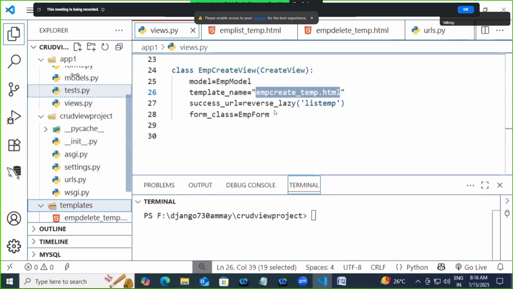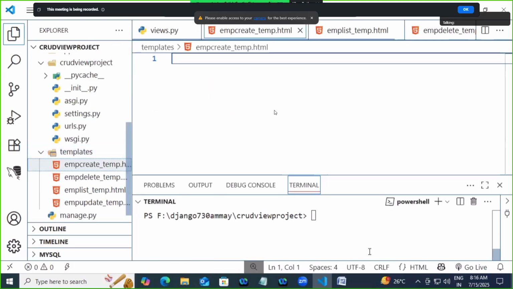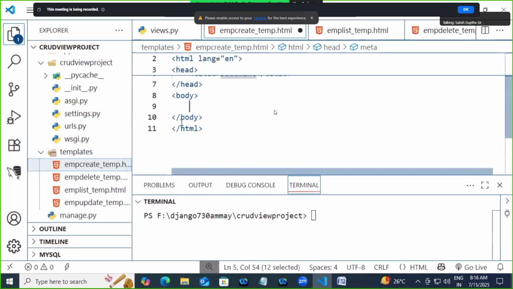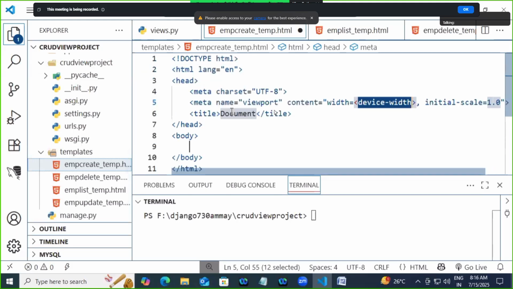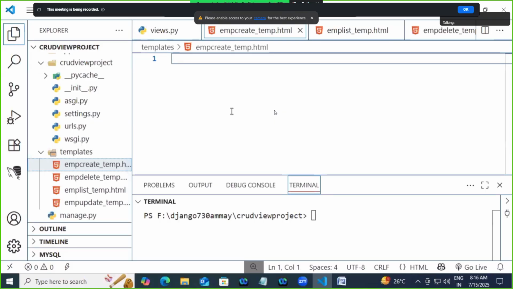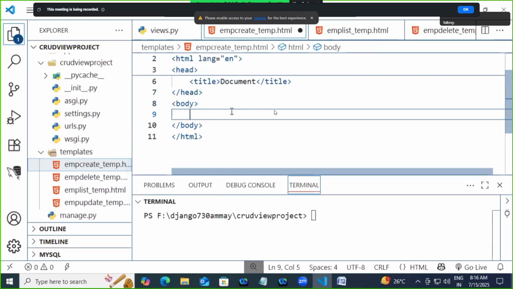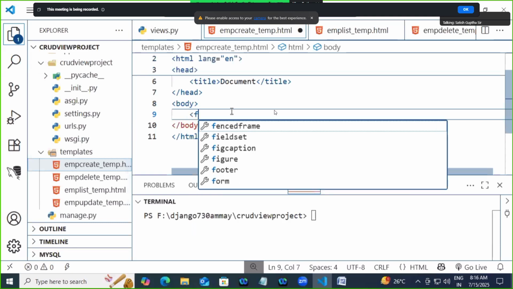So just select the templates and then create. So I want to create this template, and this is my template, right? So in this template, I'm writing here